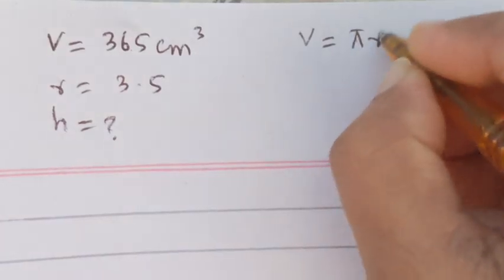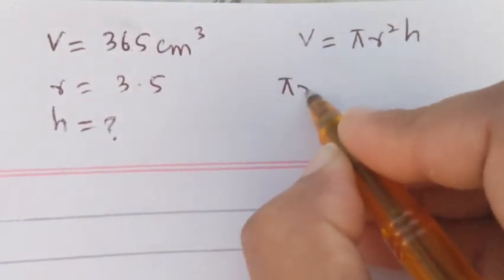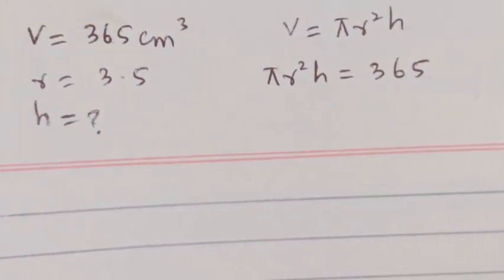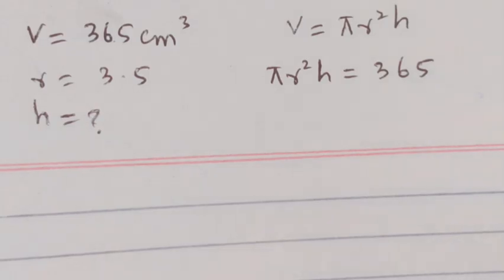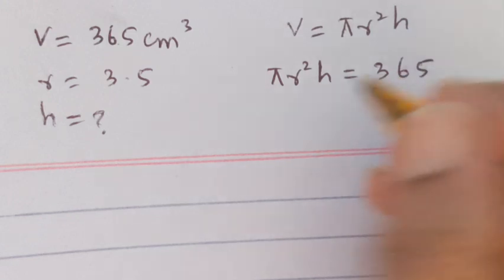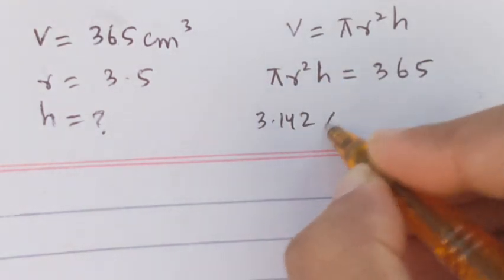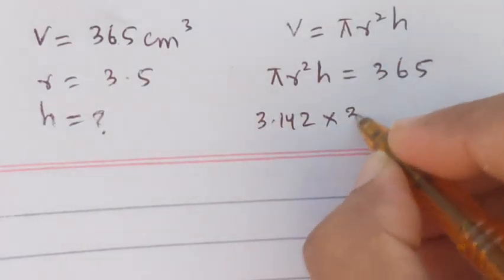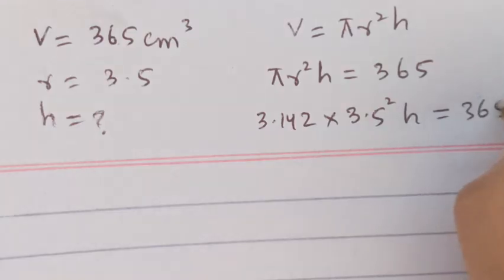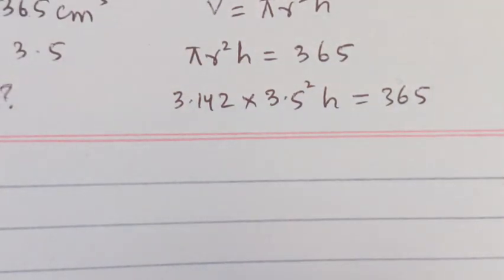So whenever the volume is given, students, instead of using the formula this way, you can use the formula like this: pi r square h is equal to 365. Because we have to find out the height now, we need to make h the subject. We will write down pi as 3.142, multiply it with the square of the radius, multiply it with the height, is equal to 365. So we will find out the square of 3.5, which is 12.25,